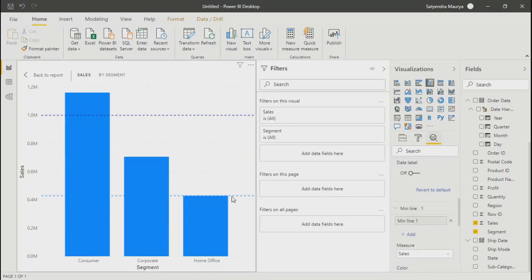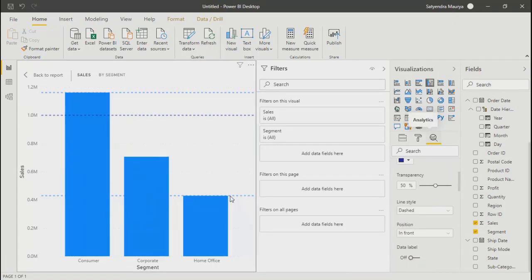See, the minimum line came automatically over here. If you add, let's say, a second line as maximum line, it will come here. So your minimum data is at this level and maximum data is at this level. So any chart wherein you show minimum and maximum, or maybe you show two constant lines, that chart is called a control line chart, because you have control limits over there, minimum or maximum.